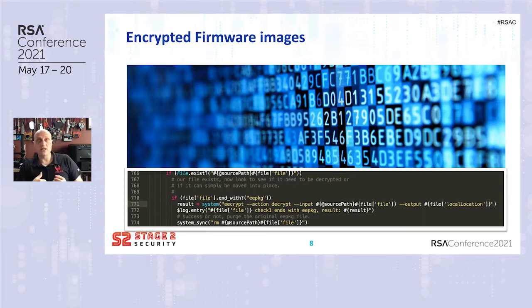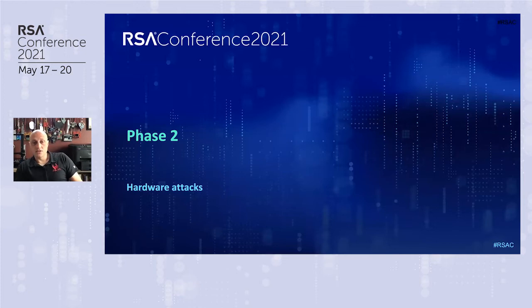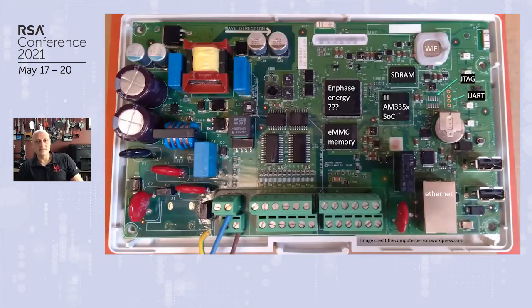And I'm left with a catch-22, chicken-and-egg type problem. To decrypt the firmware images, I need this EECrypt tool, which is found on the firmware images. So at this point, I've kind of gotten stuck. I've gone as far as I can go with open source investigation, and I need to start looking at attacking the devices themselves. So I went to eBay. I found one of these devices on eBay, bought it, and started taking it apart.